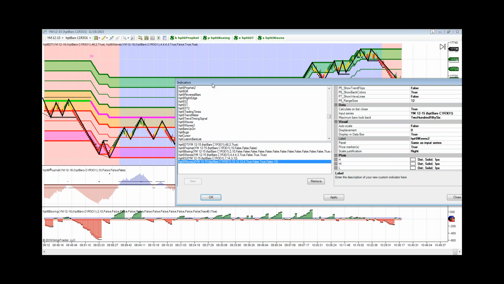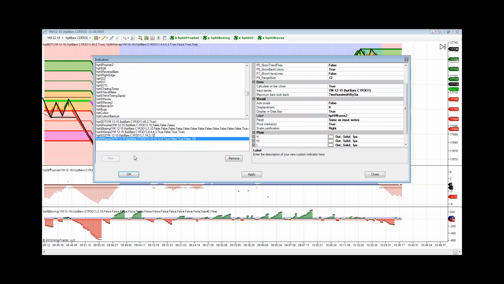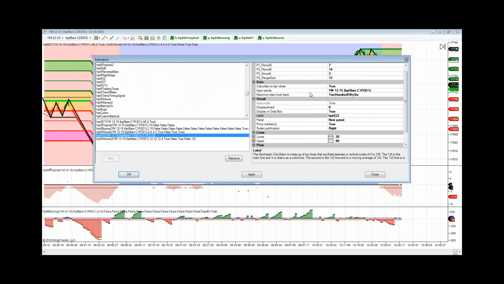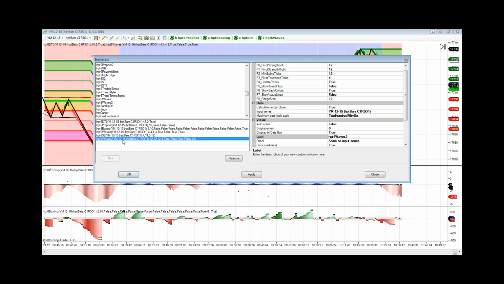All right. Now, on your HPT6 S2 indicator, notice that the range size is 12. That's what it comes up with. What we're showing in the room is 6. All right, so I change that to 6. There isn't anything you have to do on the waves. The HPT6 Waves 2,